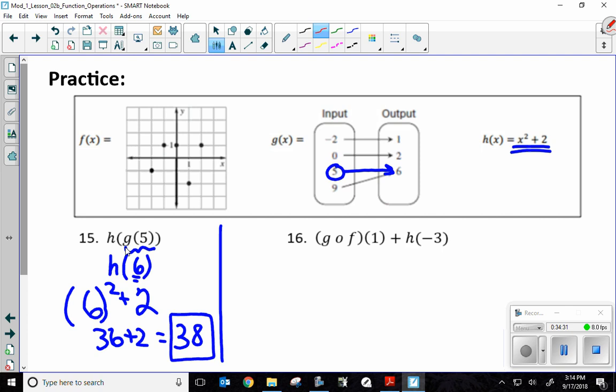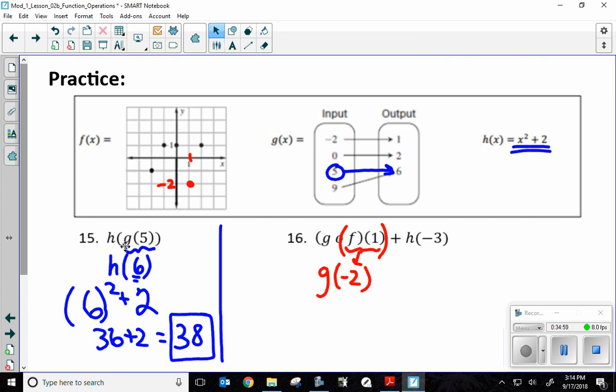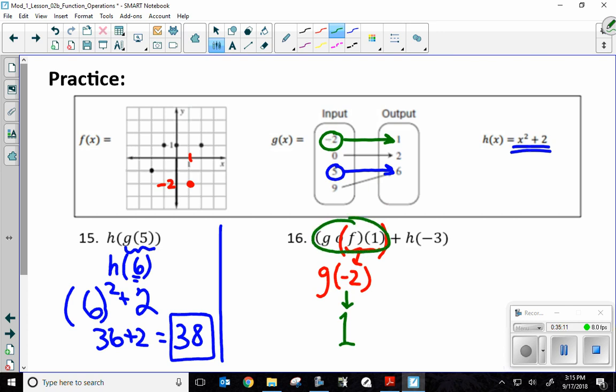Wow, they have g of f of 1 plus h of negative 3. No big deal. 3 easy things to do. First, what's f of 1? When x is 1, that's right here, my point has a y value of negative 2. So they want g of negative 2, because f of 1 equals negative 2. I love when they give us the g. When the input for g is -2, the output is 1. So this whole thing is 1